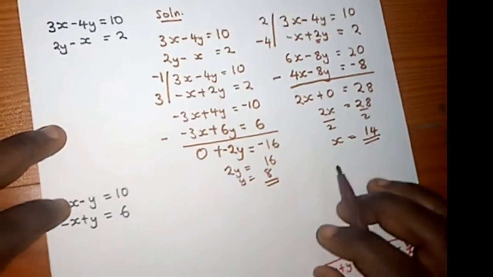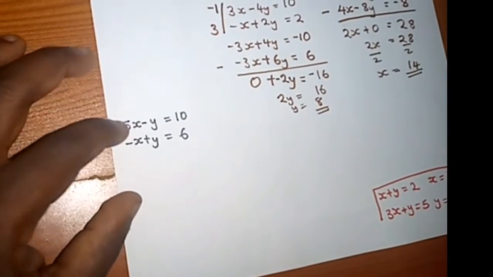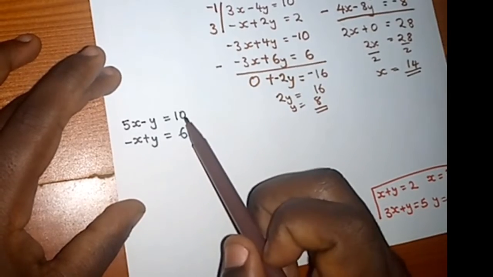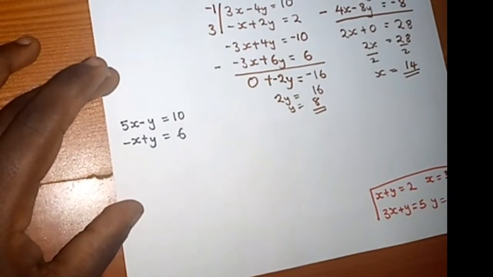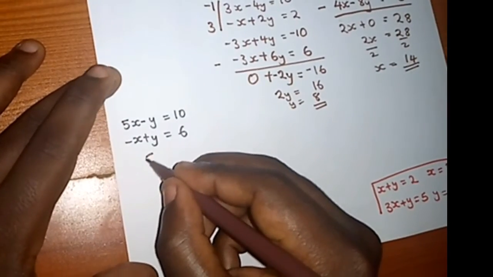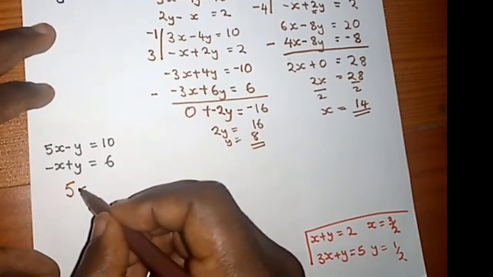So let us look at this third equation. For the third equation, if you look at these two equations, they're already in their format. X is first and y is second, then x is first and y is second. So if I try to use elimination in this,